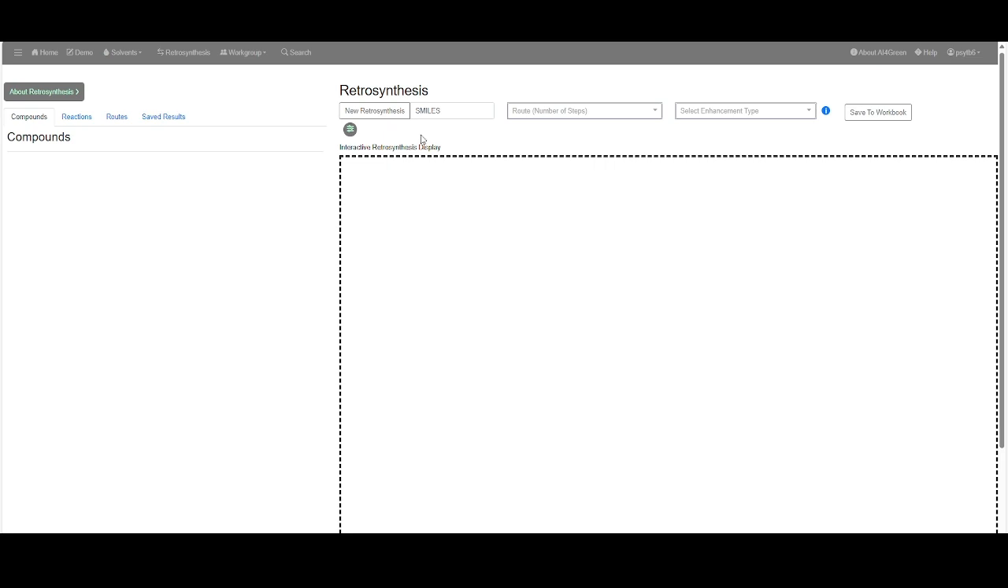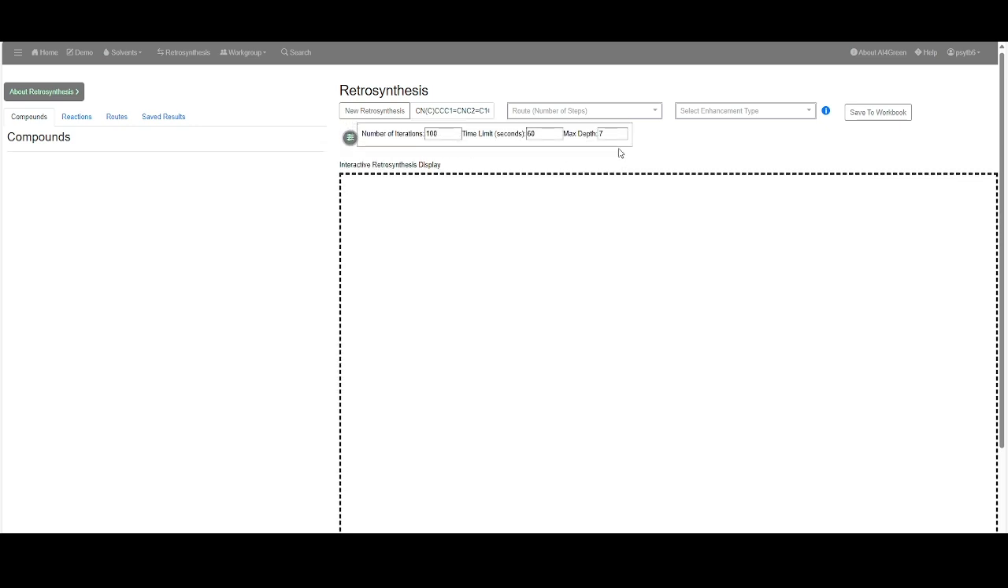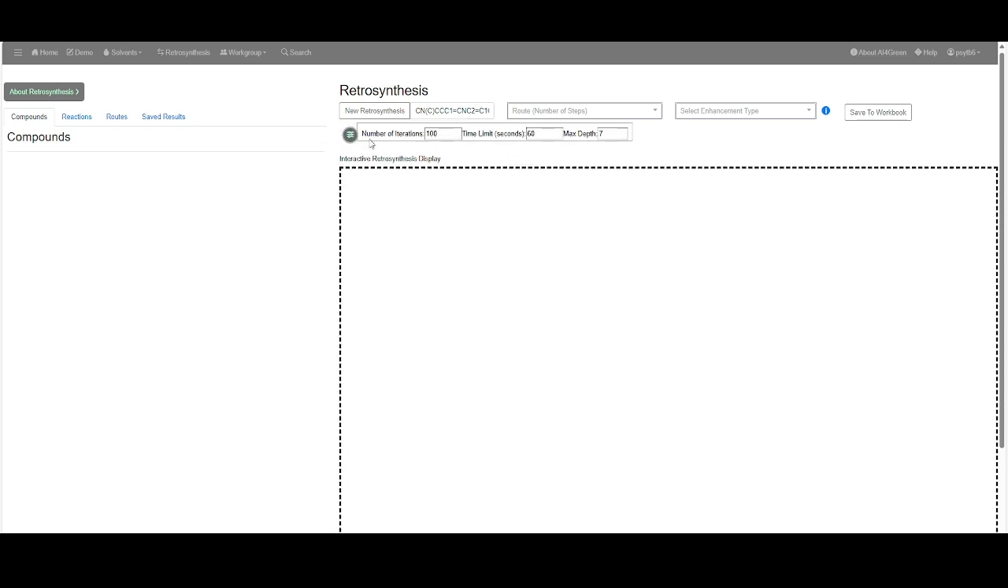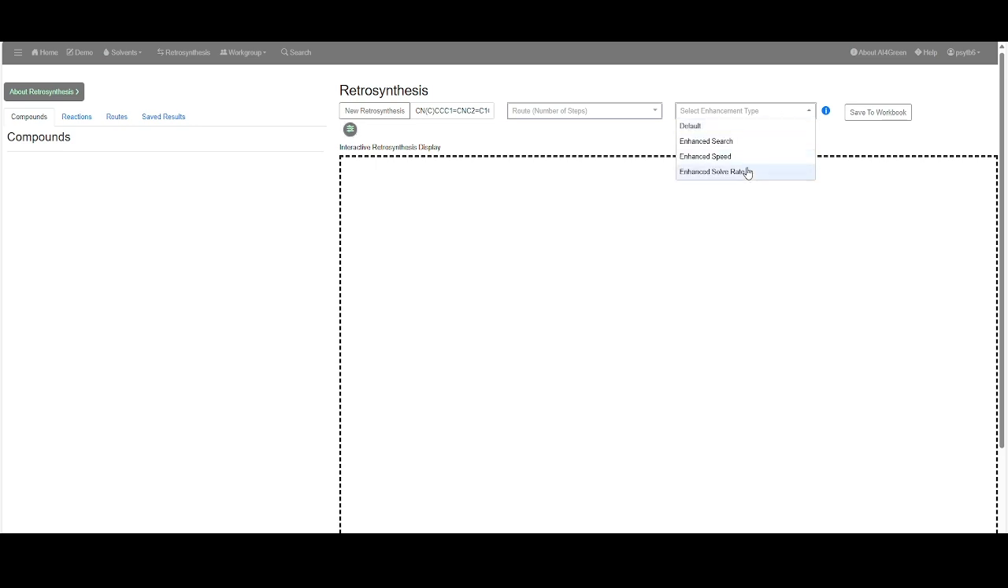To begin a new retrosynthesis, one must put the target molecule SMILES string into this box here, and then click New Retrosynthesis. However, before doing that, there are additional search configuration options that you can add, or you can add enhancement options, which you can learn more about through our information button or through our About Retrosynthesis page in the top left. Once you are happy with your configurations, you can click New Retrosynthesis, and after a bit of processing,